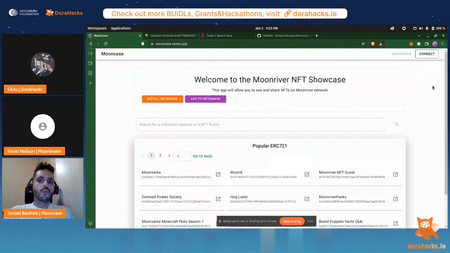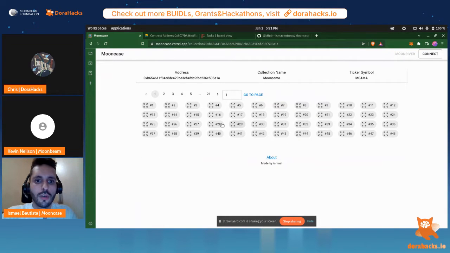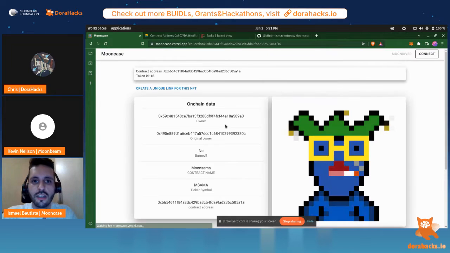Okay, so Mooncase is an application to view, to find, and to share NFTs on the Moonriver network. And how are these NFTs shared? They are shared using a smart contract that saves a name for every NFT that the user wants. So, for example, if we go to this collection, Moonsama, and we go to this token ID 16,